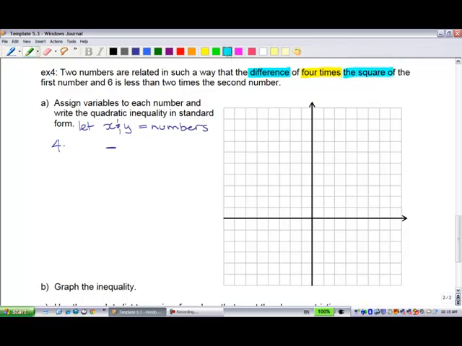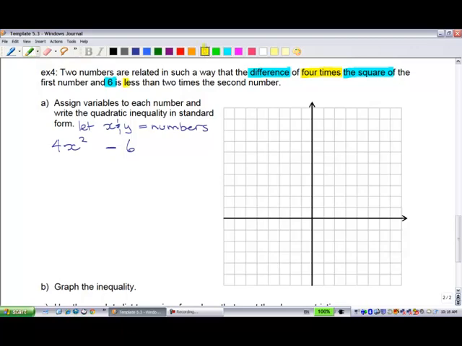The square of the first number, so let's say x is the first number. So there's 4 times the square of the first number. And it's the difference of that and 6. Okay, so minus 6